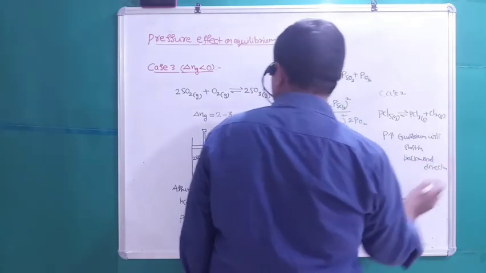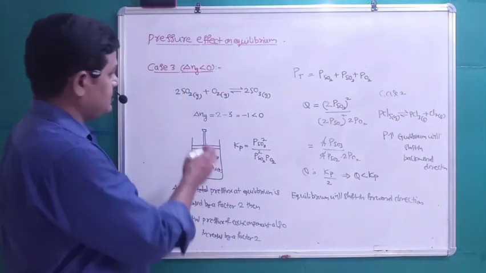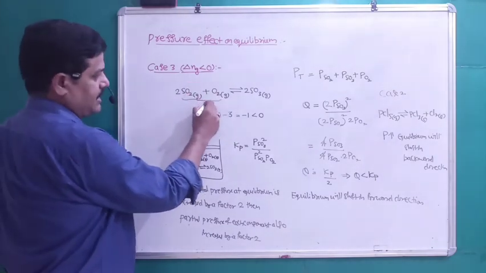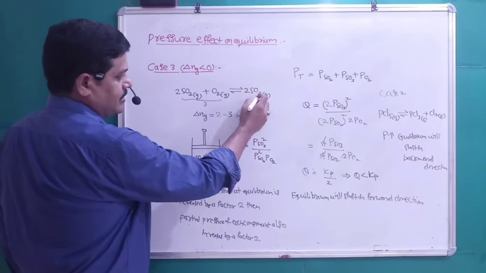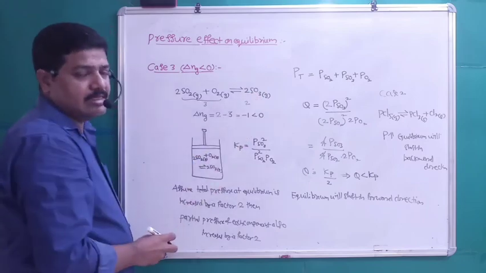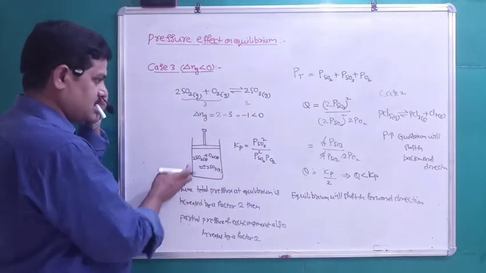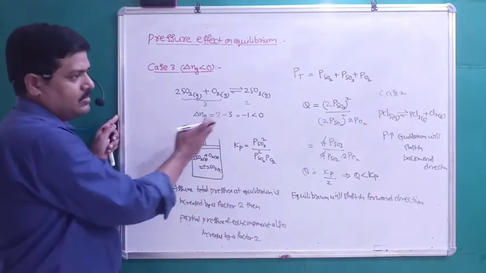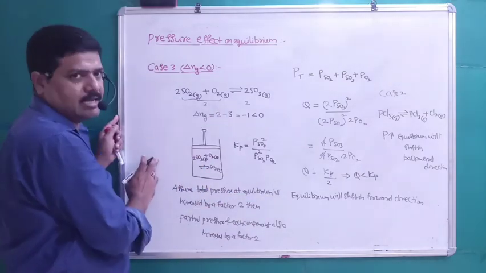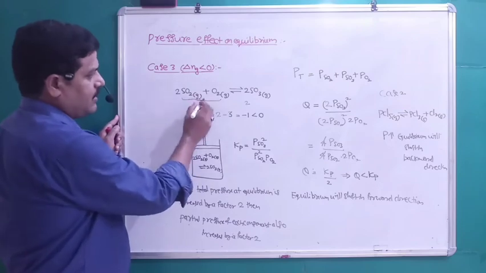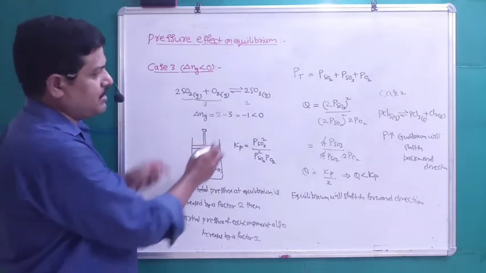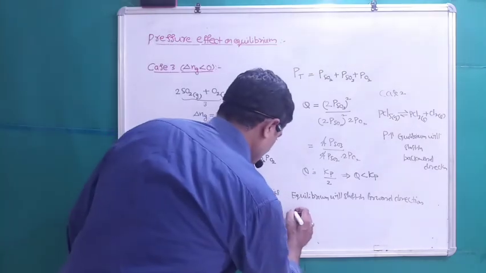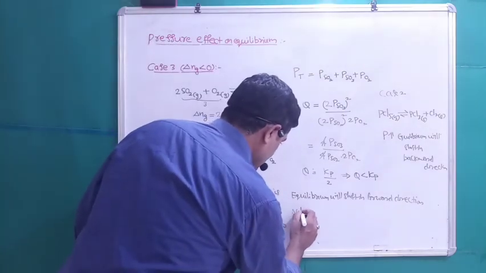But in the case of this equation, the total number of moles of reactants is 3 and the total number of moles of products is 2. So in this case, when we increase the pressure, equilibrium will shift in the forward direction. The generalization here is that when we increase the pressure, equilibrium will shift towards fewer moles. So the final conclusion is,